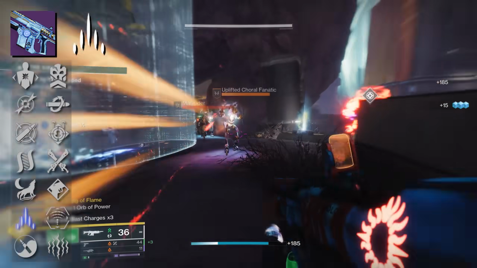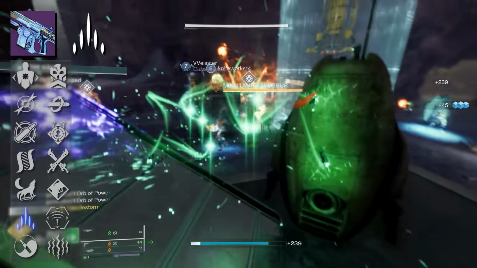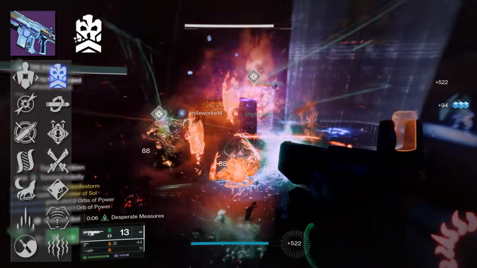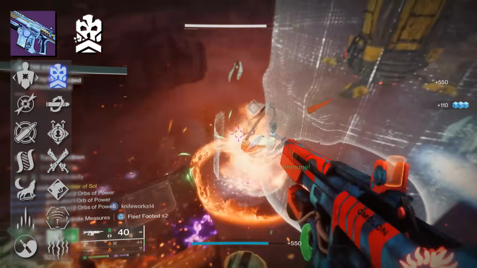I will say you don't want to utilize this if you're rocking a build with a low class stat. Now, on to our fourth column. We have Desperate Measures, which I know is a perk that you may overlook, but it's actually pretty solid on